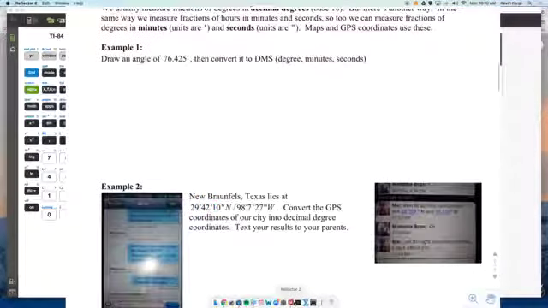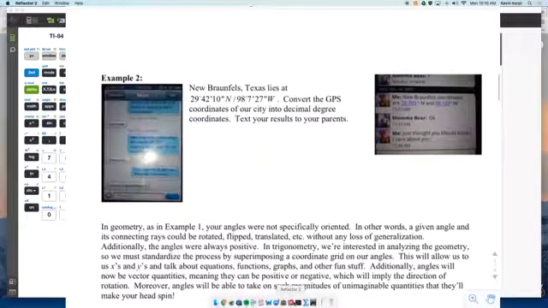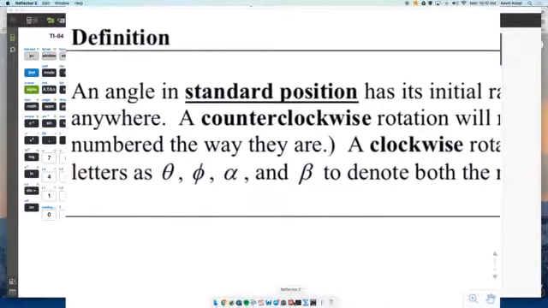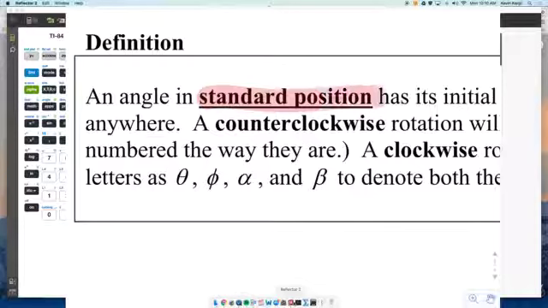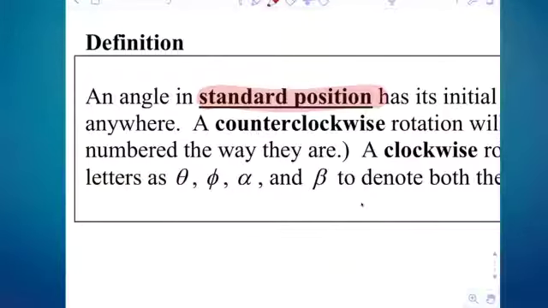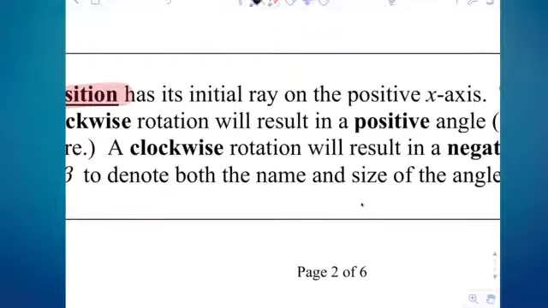We don't need to do examples 1 and 2 because we just kind of did that in the warm-up. So let's go ahead and define now what we just talked about, an angle in standard position. We are talking about coordinate geometry, not Euclidean geometry. So again, we want to standardize all of our angles. An angle in standard position has its initial ray on the positive x-axis, as we already mentioned, and the terminal